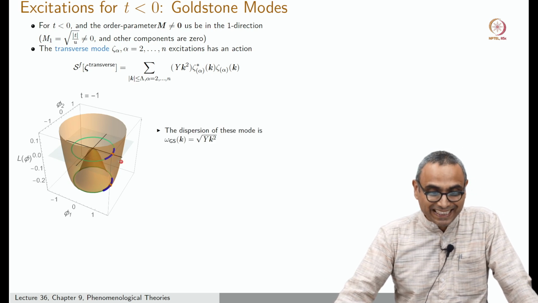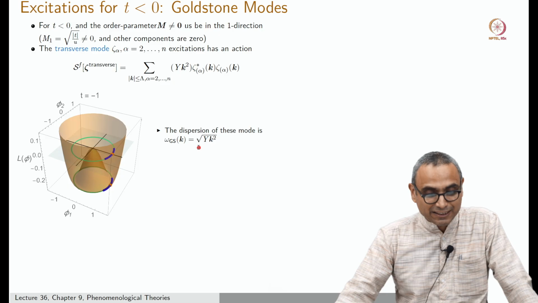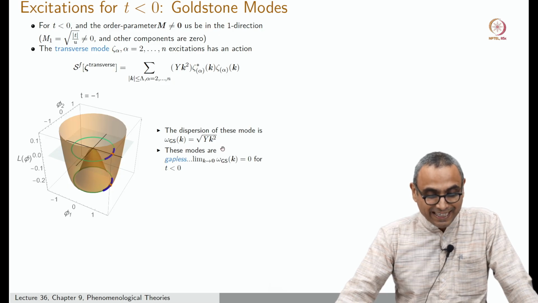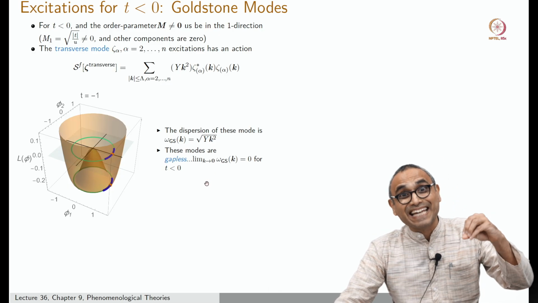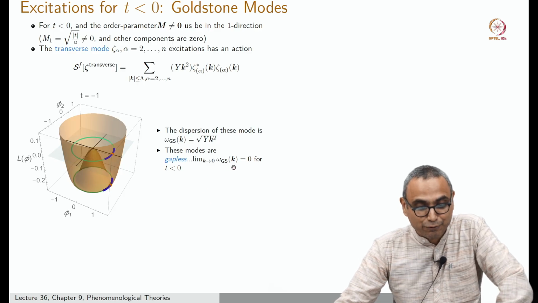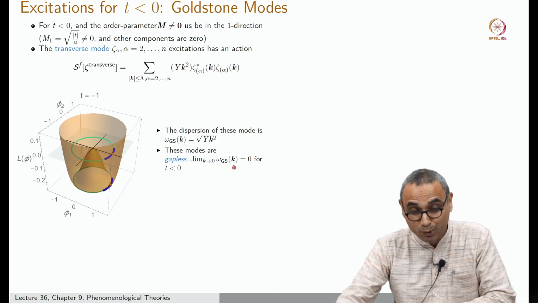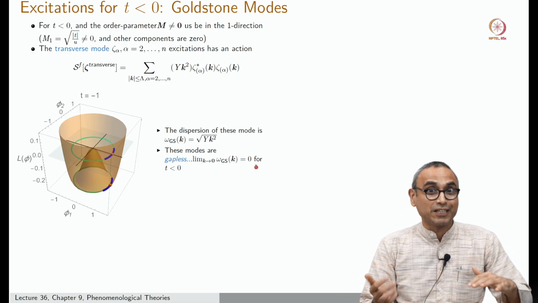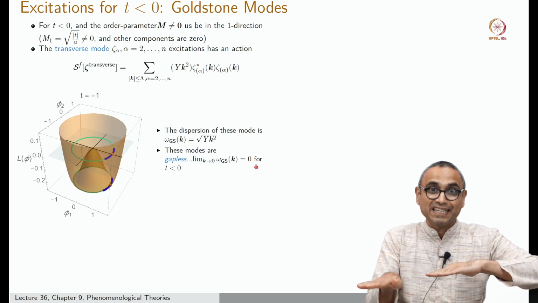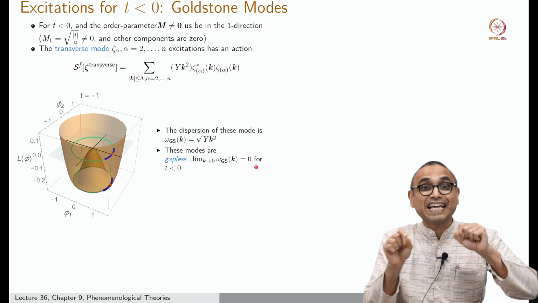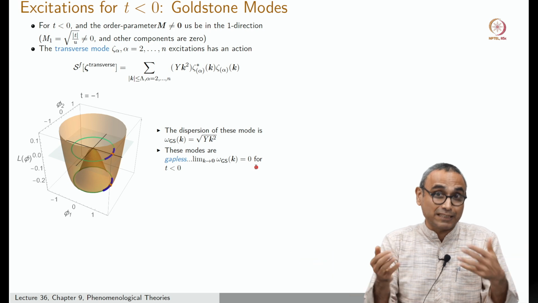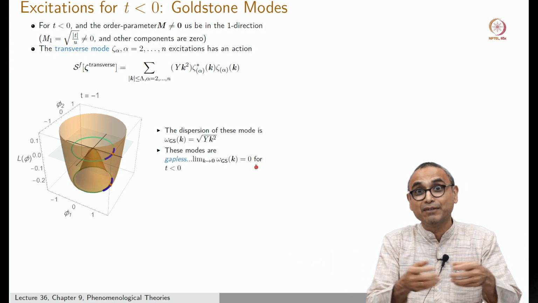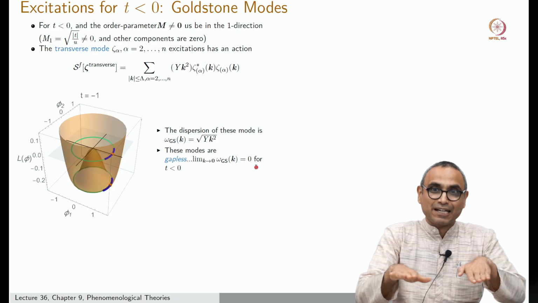So what does it entail? It entails that I will get a dispersion where this just becomes γk squared and the frequency is just the square root of γk squared, right, and these modes are gapless. What does that mean? That means the frequency of these will go to 0 when I take k to 0. Now just imagine what the k equal to 0 mode means. K equal to 0 mode means I am going to have a zeta 2 the same in every point in space. That is what k equal to 0 means. K equal to 0 means infinite wavelength if you wish. That means that is like a constant shift.